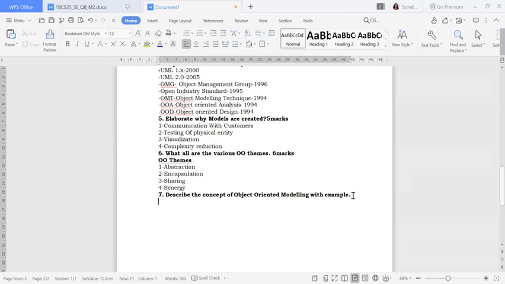Here you have to elaborate about the concept. There are many points, so you have to write it properly. First you can write the definition: what is the definition of your object-oriented modeling?